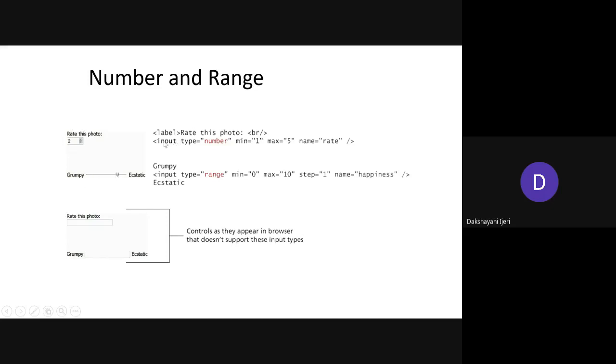The input type is equal to number. This particular input is going to create the number value to be taken with the up and down arrows provided over here. Again, two more attributes are required to tell till what range the number needs to be fixed for taking the input from the user.